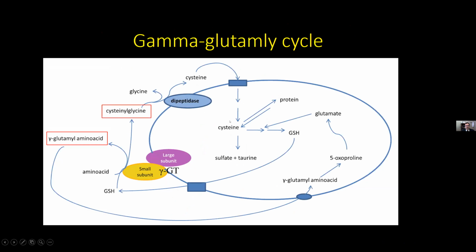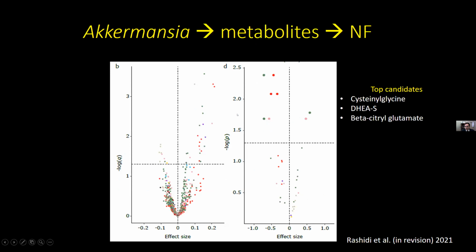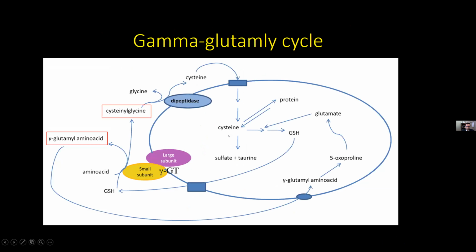Now, I'm going to focus on the first one, just on the cysteine glycine. What is this? So this is a cell, and GSH is glutathione, the main intracellular antioxidant molecule that we have in our body. So when there is oxidative stress, glutathione counters it and prevents oxidative damage. So the glutathione can be exported to the outside of the cell, where it has a very short half-life, because